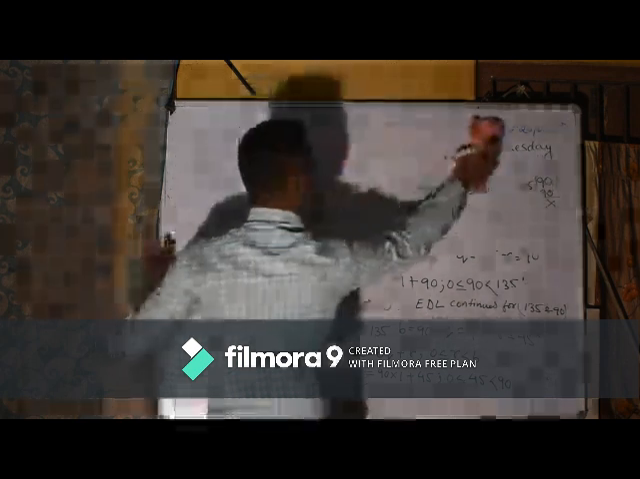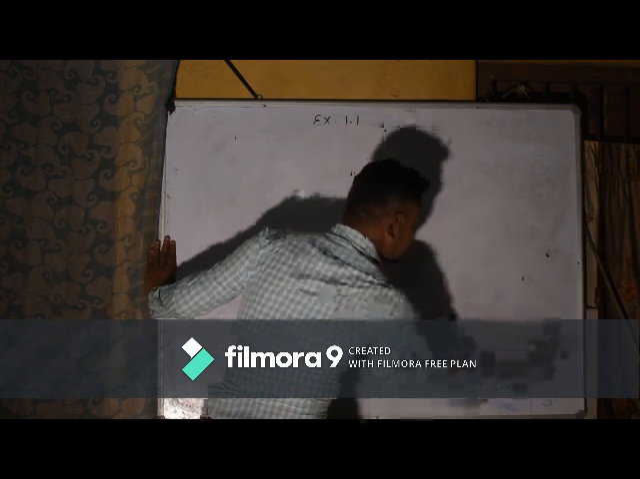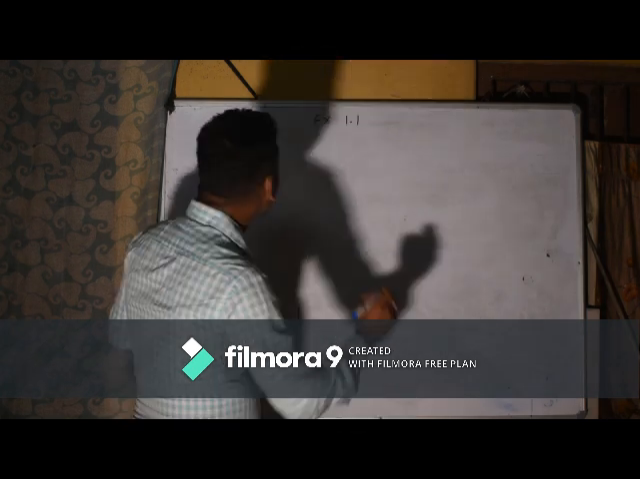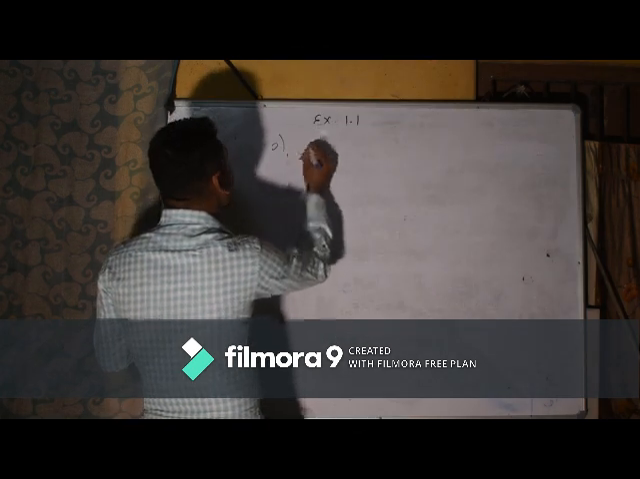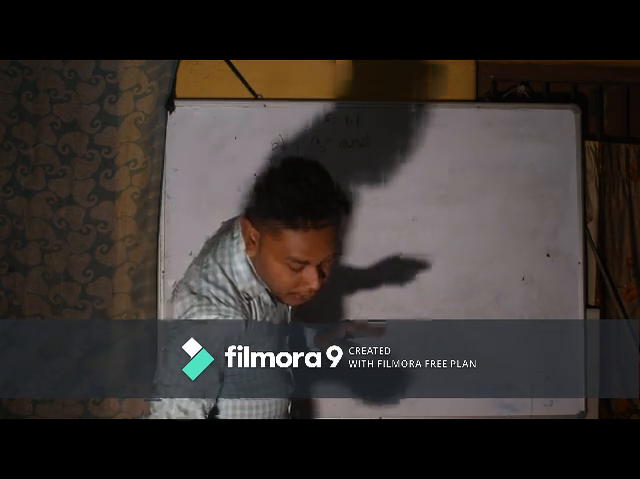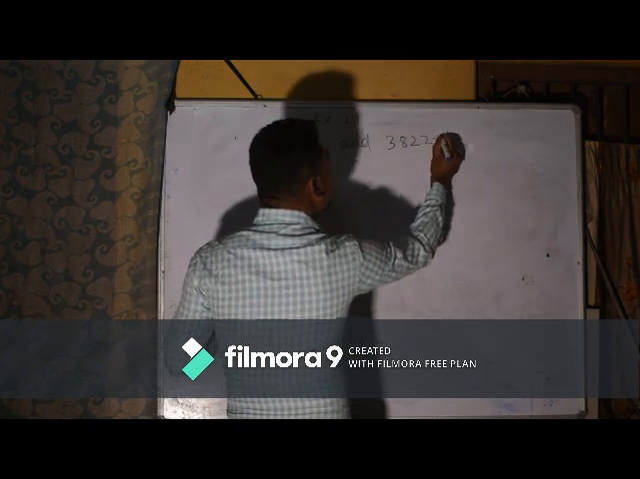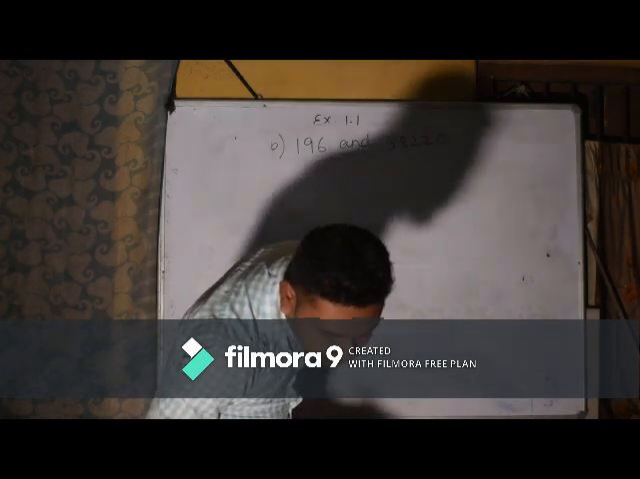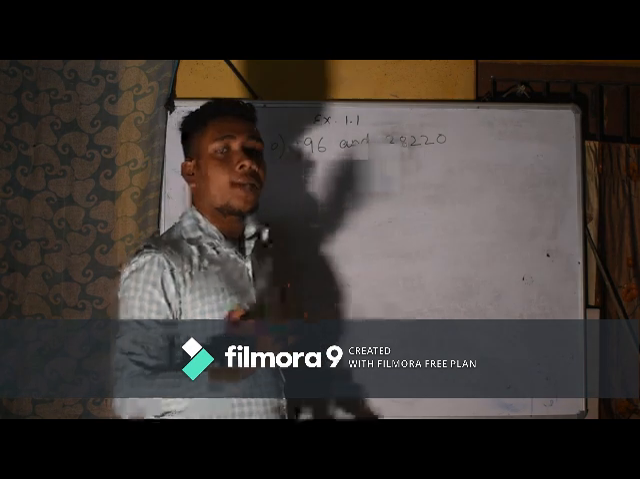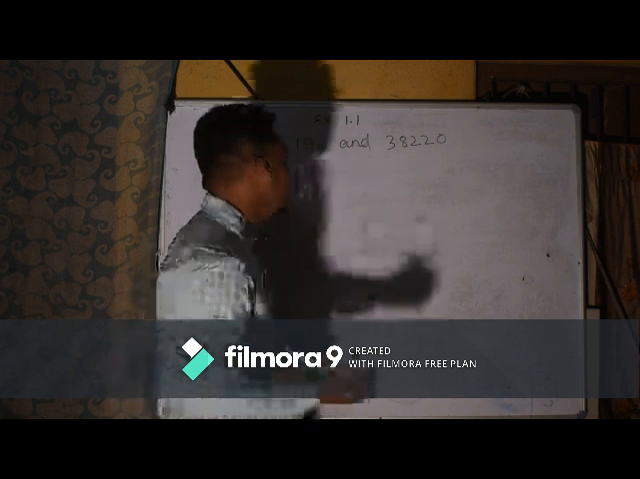Moving on to the next question. The numbers are 196 and 38220. We have to find the HCF using Euclid division algorithm. So, solution,